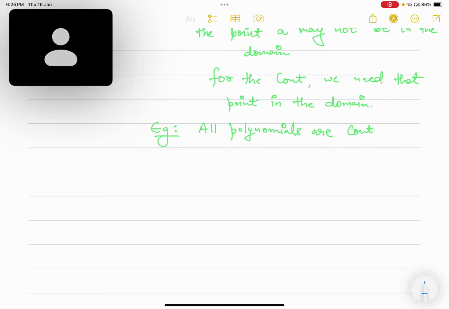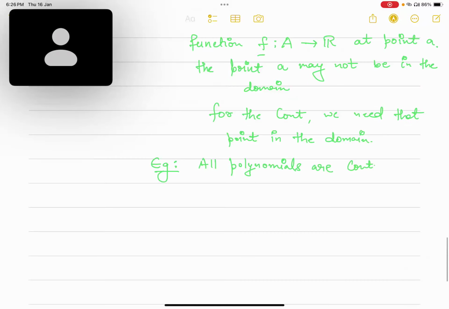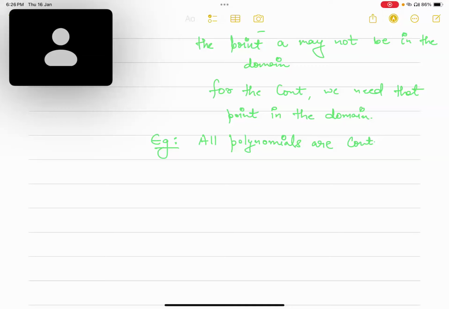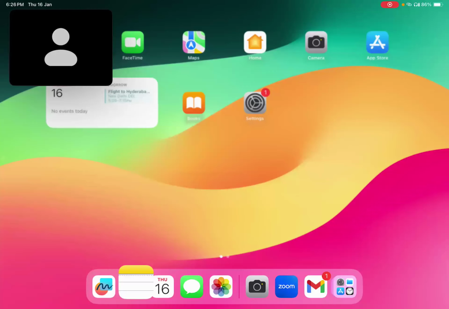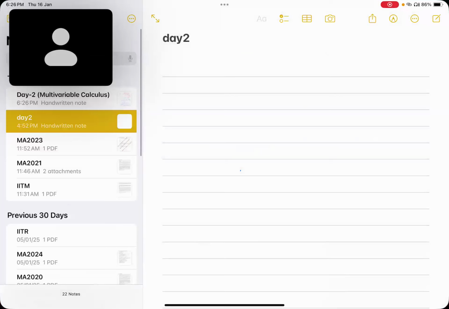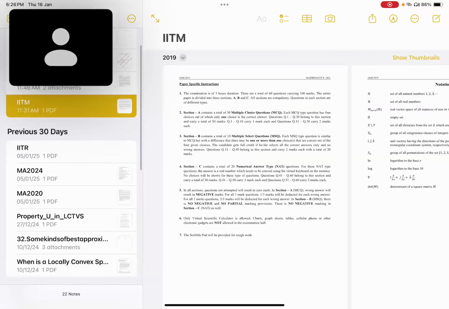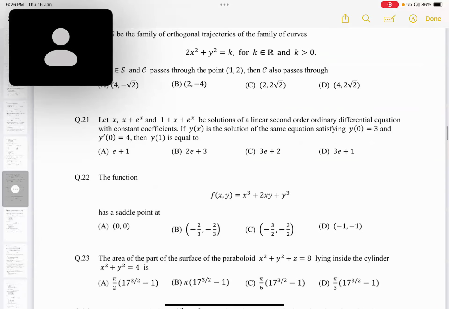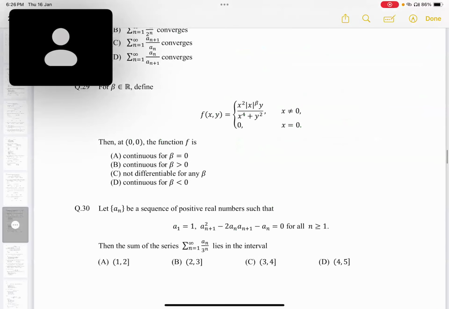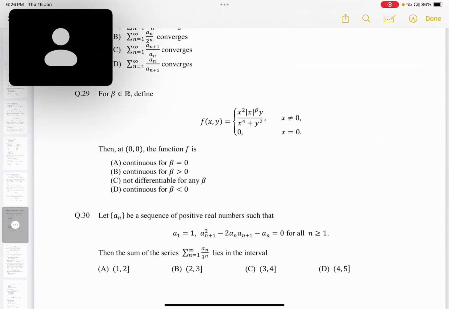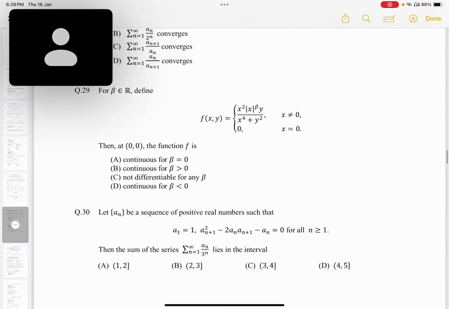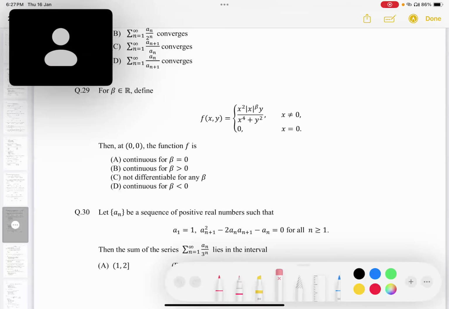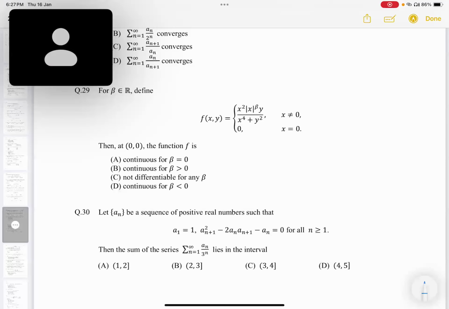Okay. So now let's solve some questions which have come in previous years. In 2019, this is the question. So in 2019, probably this exam was conducted by IIT Madras. So they have asked, suppose you have this function,